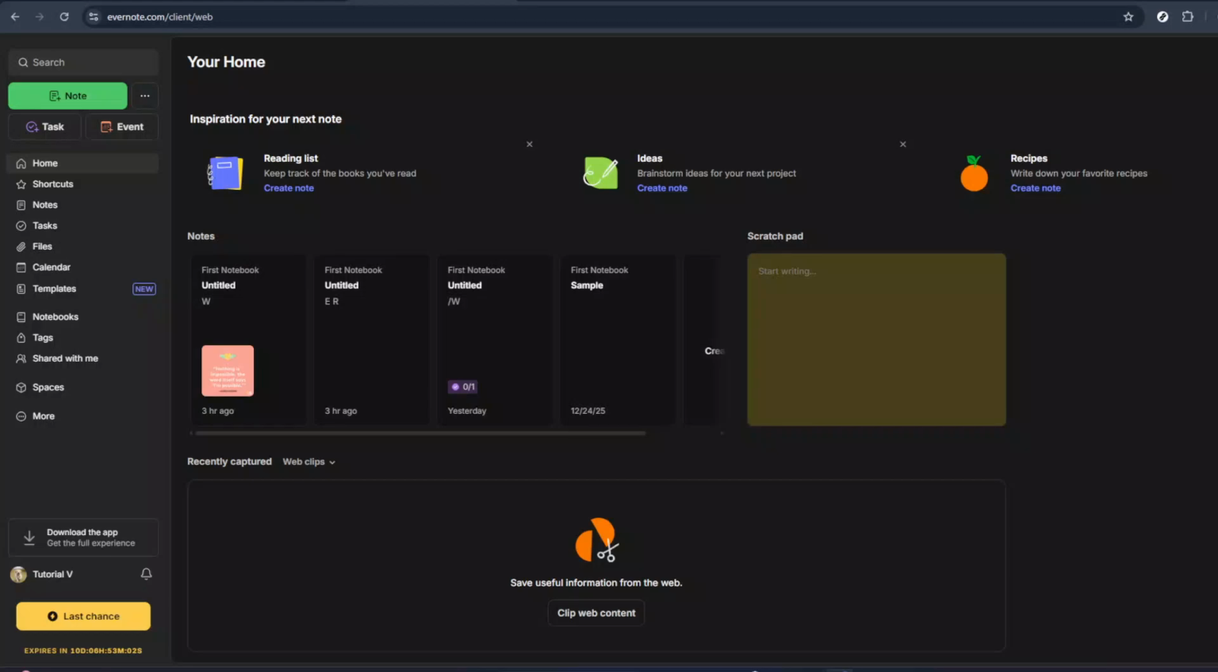In today's video, I'm going to teach you how to change language in Evernote. This is really useful if you're more comfortable working in another language, or if you've moved to a new region and want Evernote's interface to match your system or everyday use. I'll walk you through the process step by step in the web version of Evernote, and you can follow along